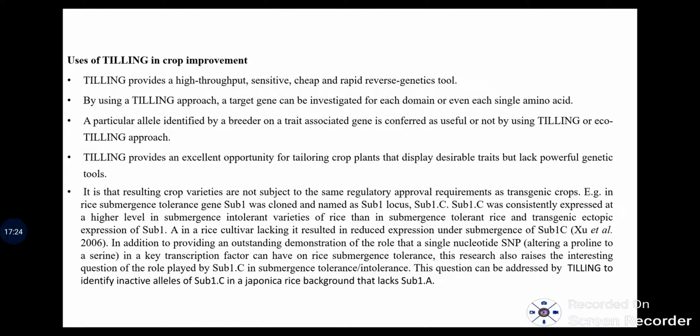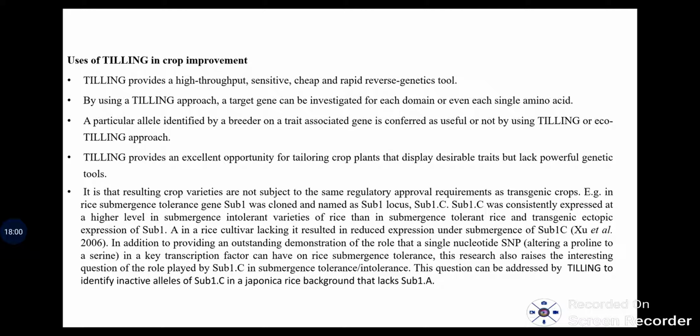In addition to providing an outstanding demonstration of the role a single new SNP in a key transcription factor can have on rice submergence tolerance, this approach also raises the interesting question of the role played by Sub1C in submergence tolerance or intolerance. This question can be addressed by TILLing to identify an inactive allele of Sub1C in a japonica rice background that lacks Sub1A. That means Sub1C made a tremendous